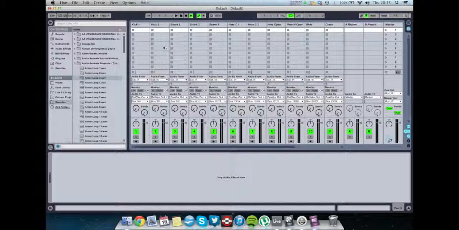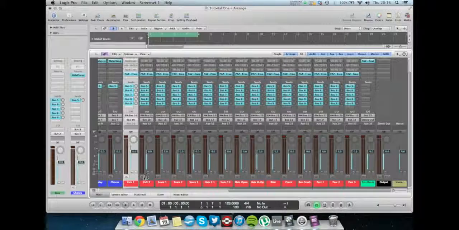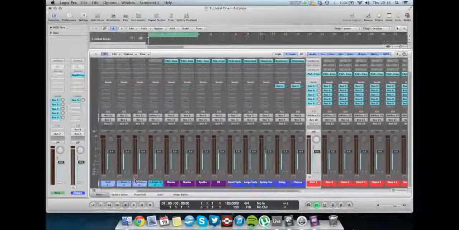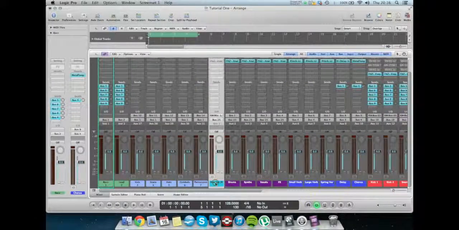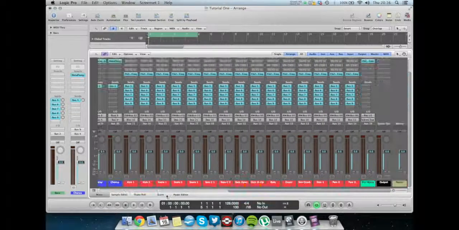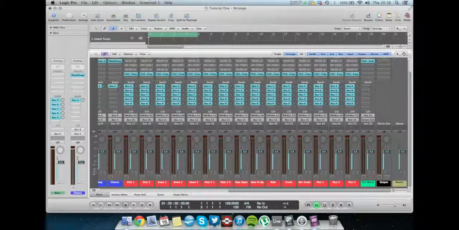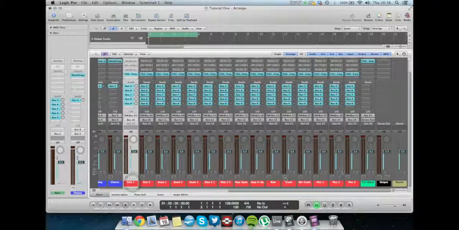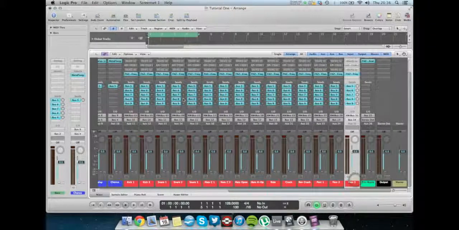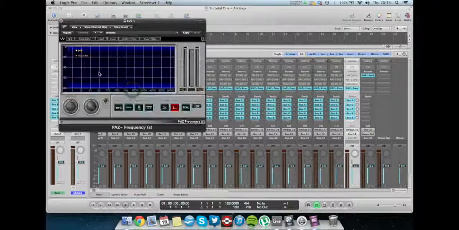I recommend just keeping tidy in this respect, because now you're working in two digital audio workstations, you're going to get confused between what's what. I keep my rewire over to the left to keep it out of the way of all the other rewire instruments. This is just sheerly so you're keeping everything separate. As you can imagine, we're treating these now as separate audio tracks, taking the EQs and analyzers,